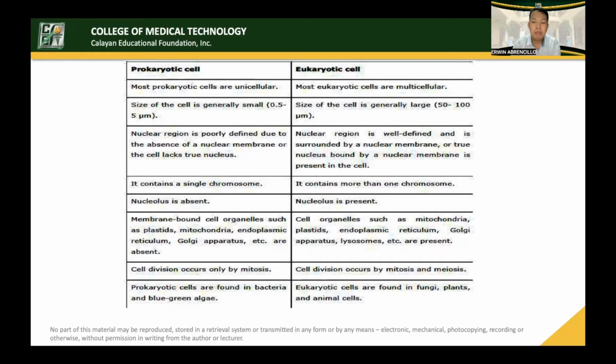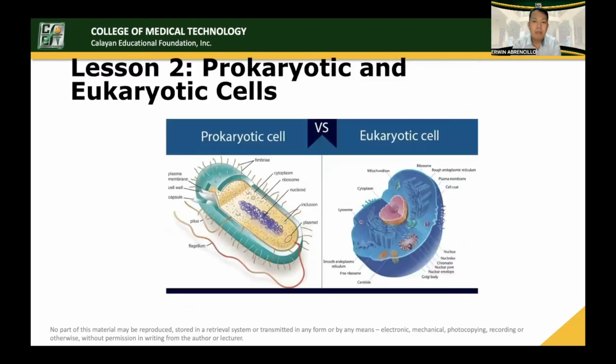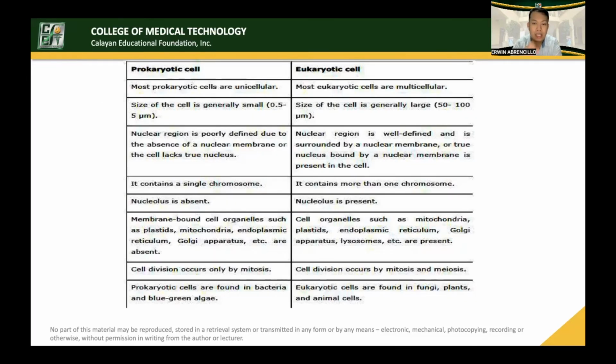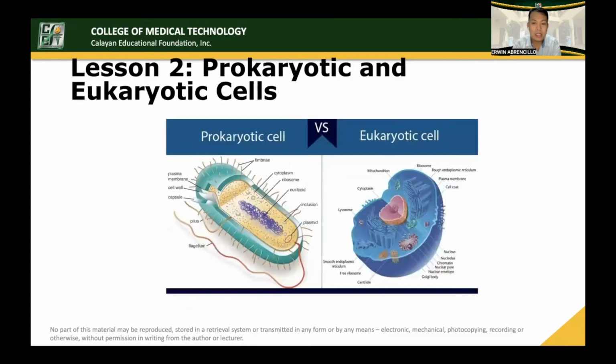Now, these are the similarities, no? If you are going to look again on this illustration, you can identify the similarities. These ones are the differences. Here we can identify some of the similarities. For example, they both contain plasma membrane, the one that's surrounding the entire cell. They both have cytoplasm. They both have ribosome, as well as